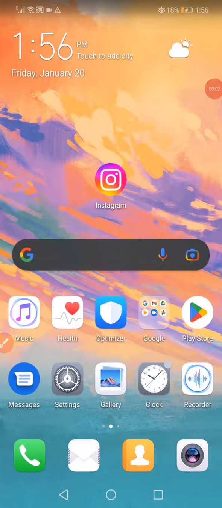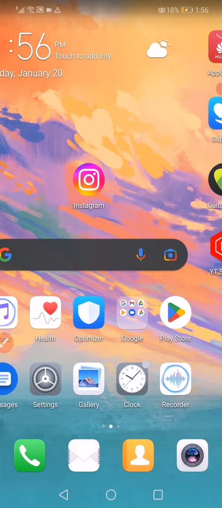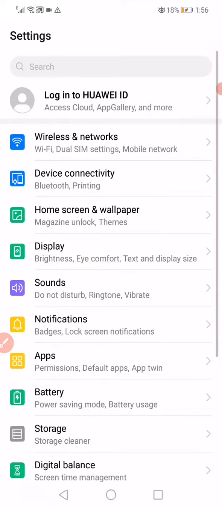How to solve the "not posted yet" problem on Instagram apps. So if you have any problem with the upload, this tutorial is going to help you a lot. So first thing you want to do, open the settings, go to the apps,